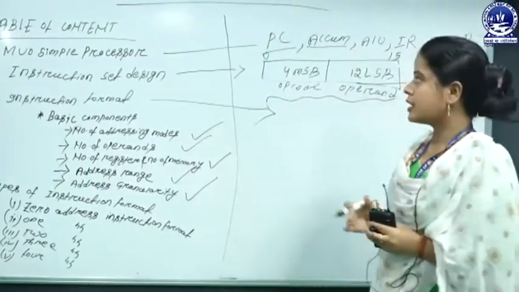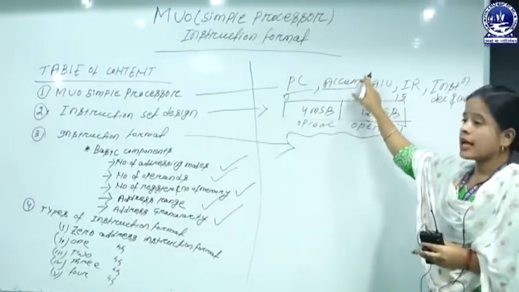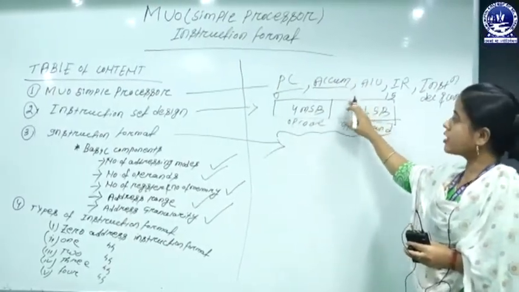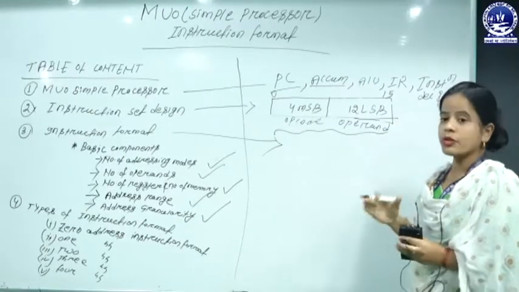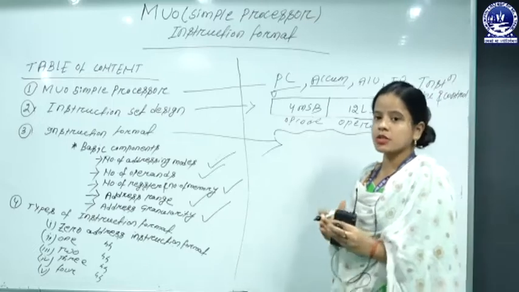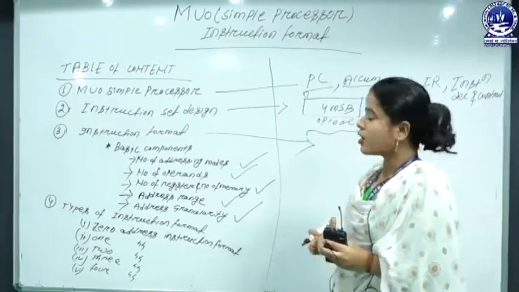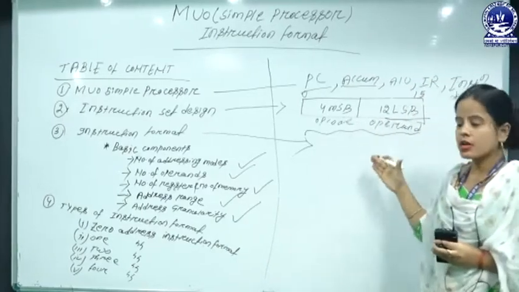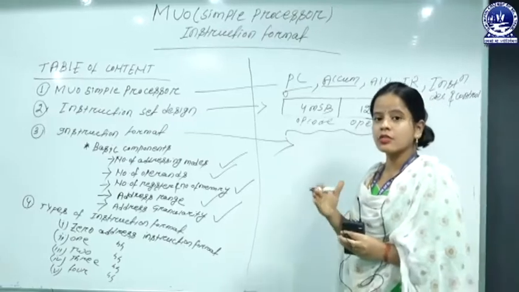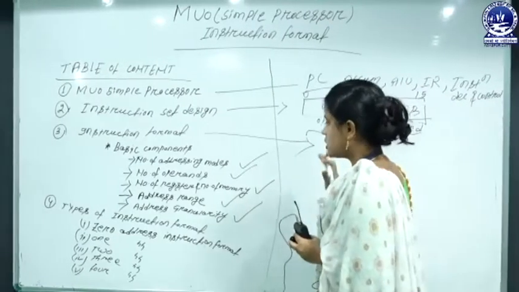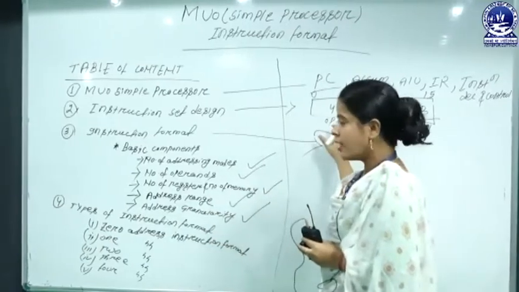That's very important. As you know, in case of the MU0 simple processor, the machine instructions are fixed in size, that's your 16 bit. But whenever you have to execute instructions that are vast in size, maybe 32 bit long, maybe 64 bit long, maybe 128 bit long, in this case the address space is divided into a number of slots, that is called address granularity, and the format of 16 bit.